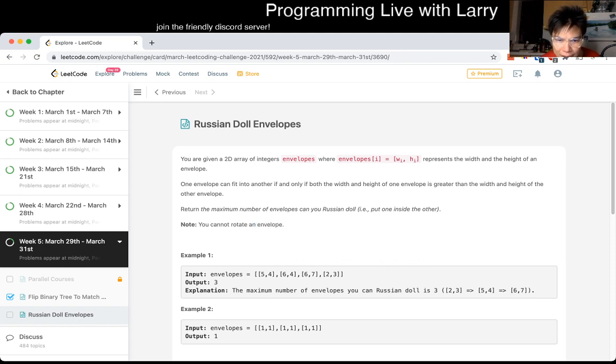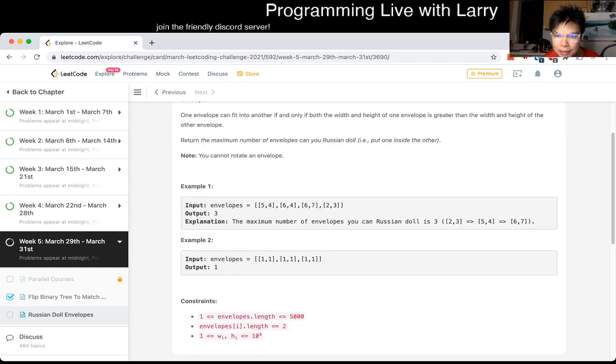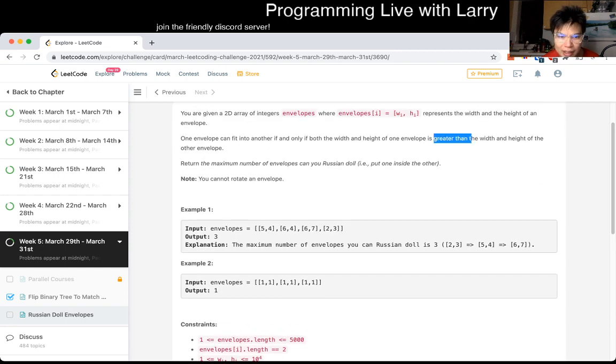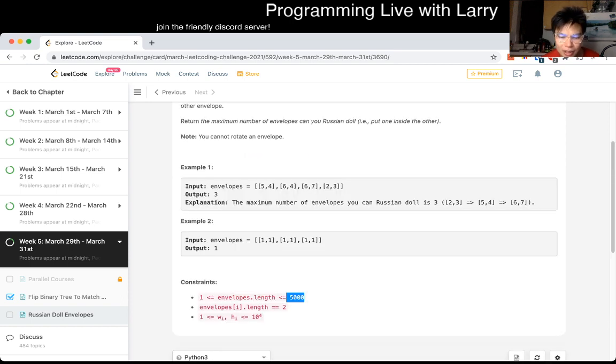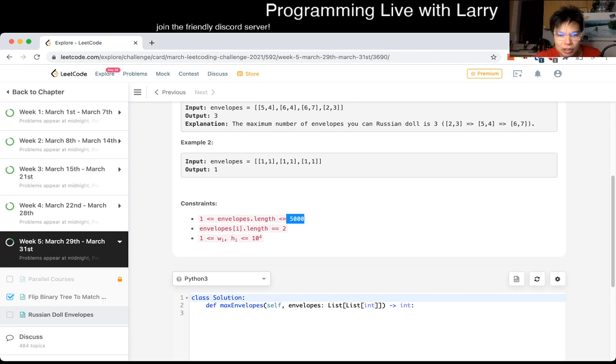Return the maximum number of envelopes you can Russian doll. That's a very awkward phrase, but okay. Has to be strictly greater than. Okay. N is 5,000. That's a little bit annoying because I think 5,000. So the short story is that this is